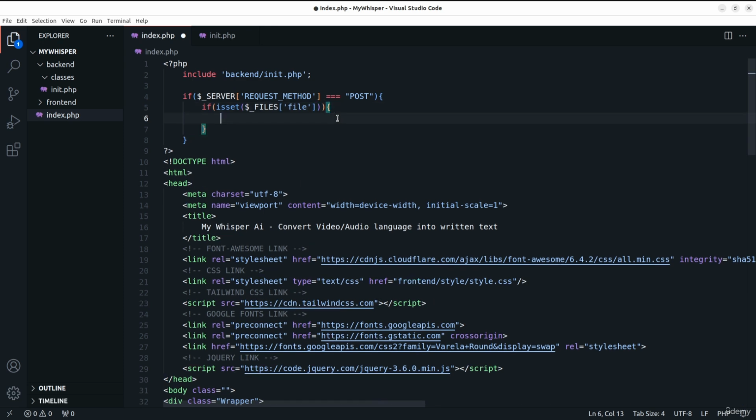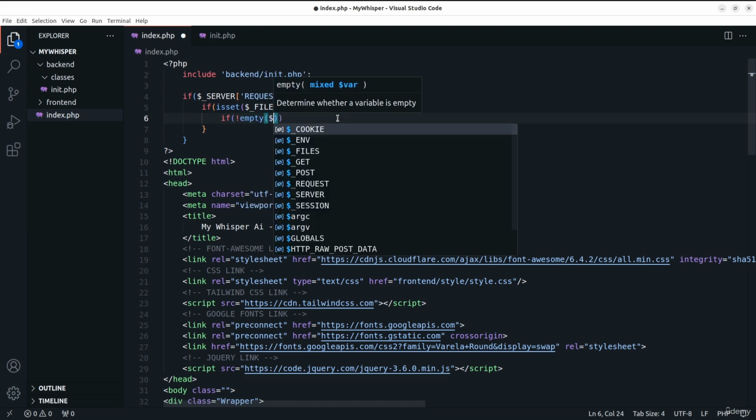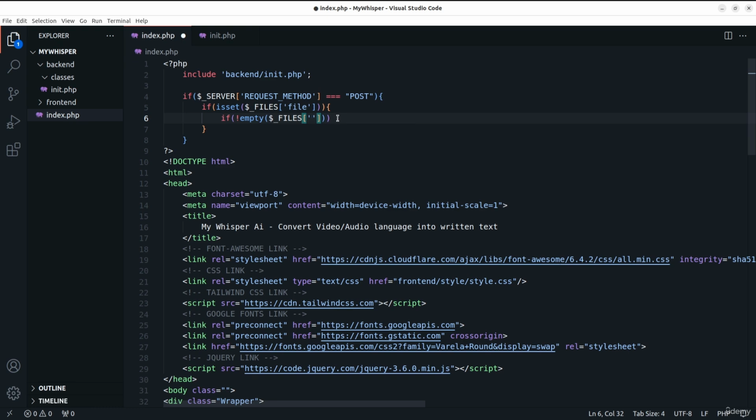So when the file is set, we need to make sure it's not empty. So we'll say if not empty, using the empty function, underscore files. Here will be the file name, and right after here the closing bracket, we need to add another bracket, and this will be the file name. We are basically checking the file name, and this will be the first file we select. It's not empty,